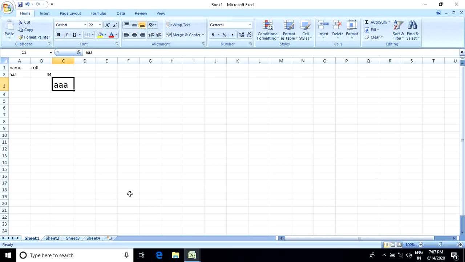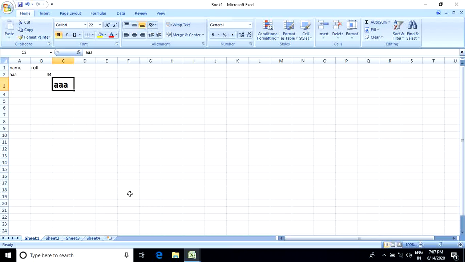Now you can use Control B for bold, Control I for italic, and Control U for underline. And deselect, then press just Control U, Control I, and Control B.